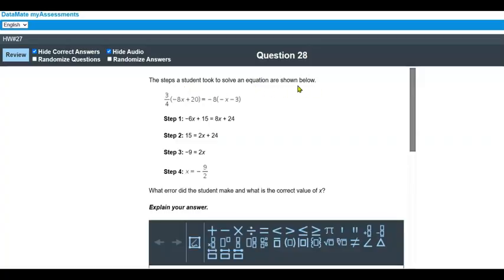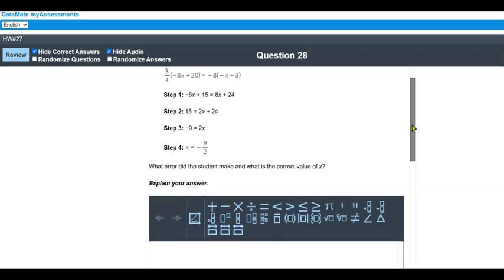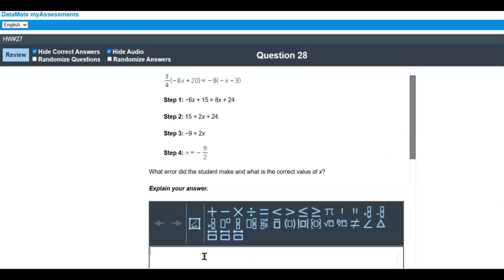The steps a student took to solve an equation are shown below. What error did the student make, and what is the correct value of x? All right, well, I think I'm going to start by writing down the equation using the fraction button, 3/4, then using parentheses and typing negative 8x plus 20, then arrowing out, typing equals negative 8,